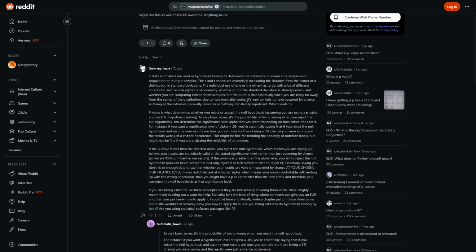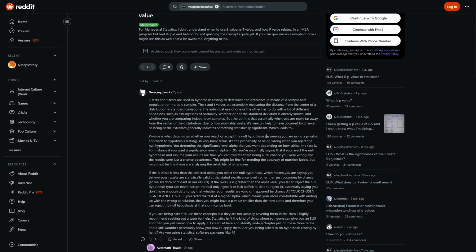The p-value is what determines whether you reject or accept the null hypothesis. In very basic terms, it's the probability of being wrong when you reject the null hypothesis. You determine the significance level alpha that you want depending on how critical the test is. For instance, if you want a significance level of 0.05,